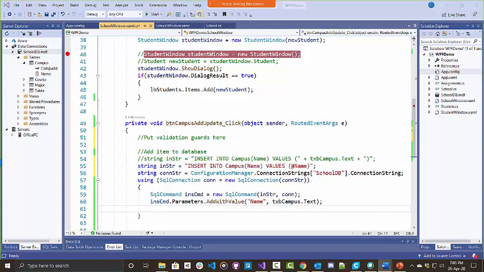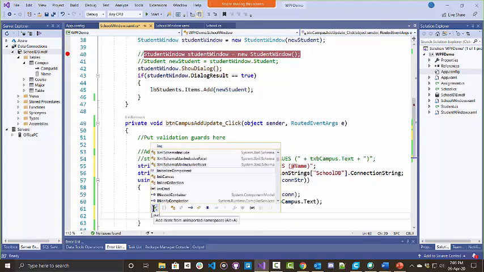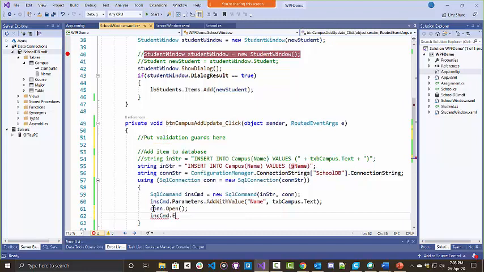So we've got our parameterized query, we've got our insert command. Then what we need to do is make sure our connection is open before we execute our command, because you can't execute a command on a closed connection. And then we're going to take our insert command, and we're going to execute